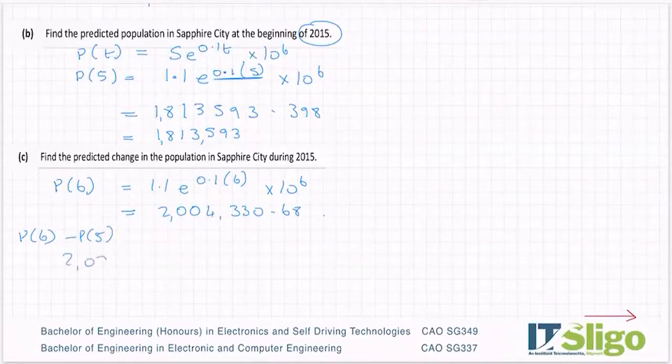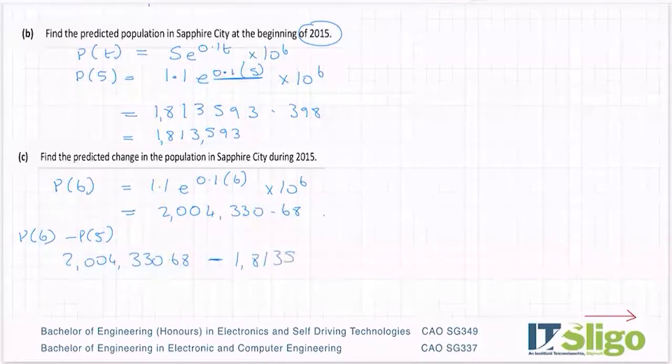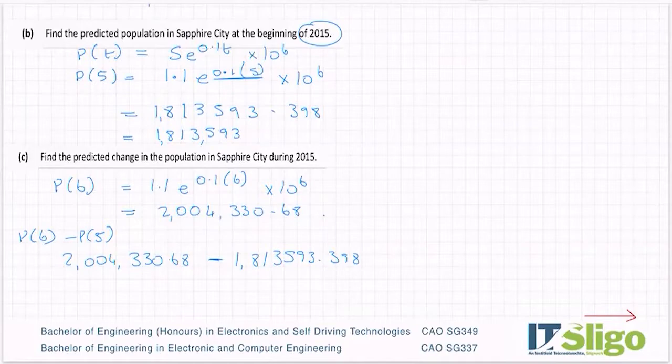So 2,004,330.68 minus 1813593.398. Okay, and I've got 190,737.2824. And I suppose it's people, so let's round it again,